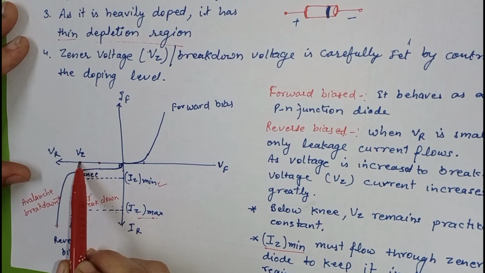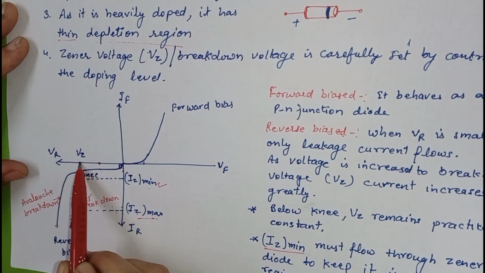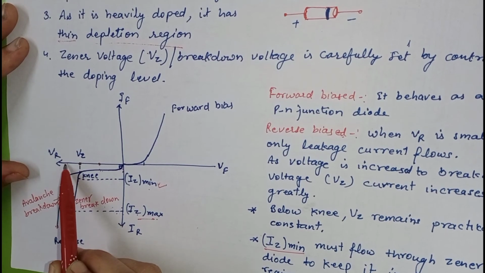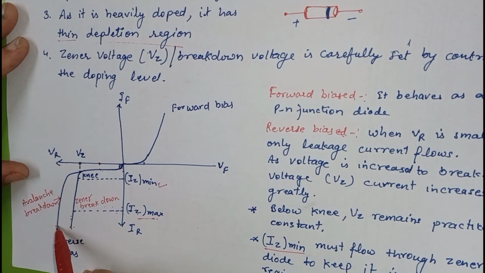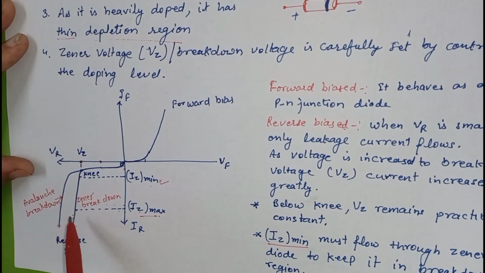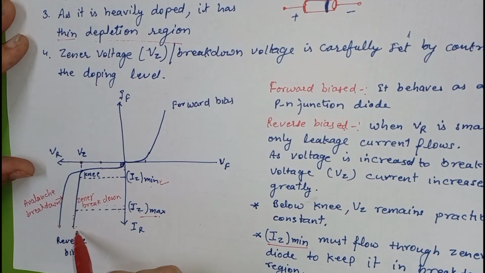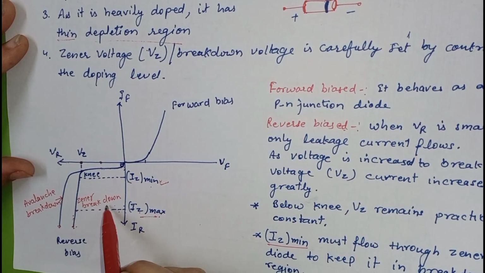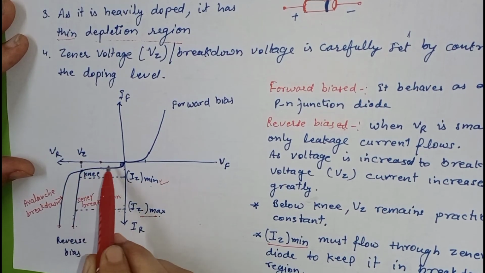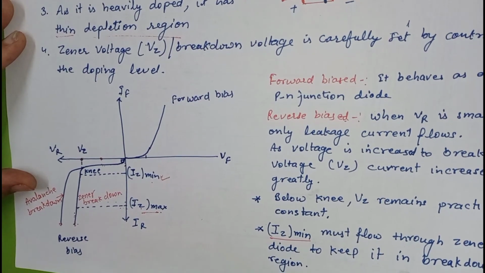When we increase the voltage, this is a low voltage, but at very high voltages the diode gets avalanche breakdown and it gets permanently damaged at this very high voltage. Now if we remove the reverse biasing, we are talking about Zener diode. In case of Zener breakdown, if we remove the reverse biasing, the diode gains its original position and it is not damaged.